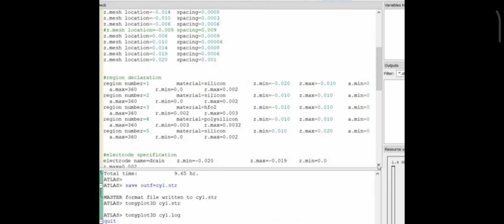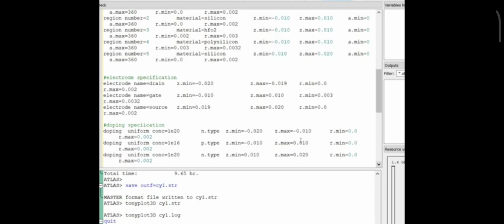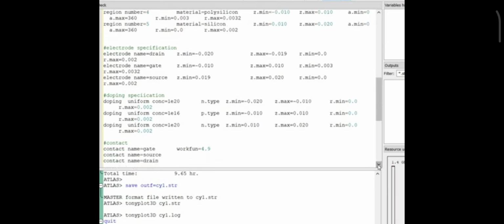Next, you have to define the electrode statement. Again, you can note that we have mentioned the Z parameter and the R parameter in the electrode statements for the drain, gate, and source. Next is the doping statement. We have specified the Z.min, Z.max, R.min, R.max in the doping statement also,